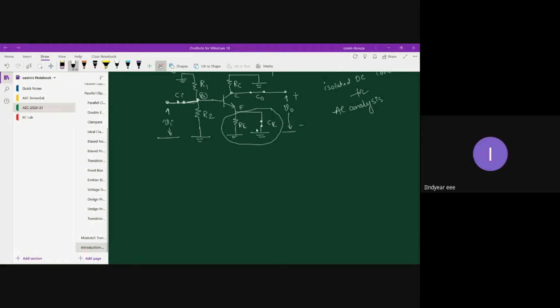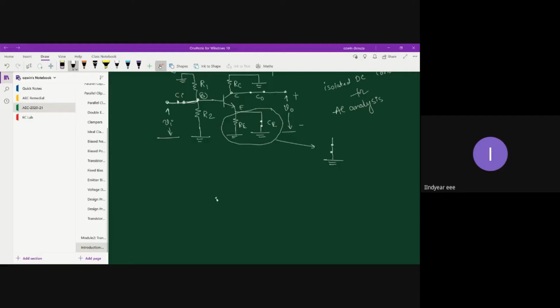How would I represent this parallel combination of RE and C? I'm going to represent this parallel combination of RE and C with a short circuit, because resistor RE is getting short circuited through C. That is nothing but a straight piece of wire connected to ground. So effectively, due to bypassing, your emitter will be at ground potential. So there is no role of RE for AC analysis. RE is as good as a short circuit element. Taking that into consideration, let me redraw the RE model for the voltage divider bias amplifier.